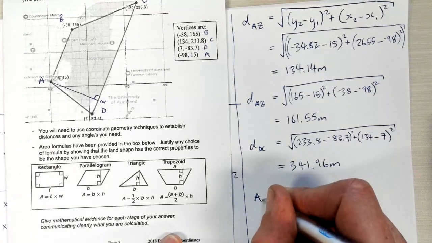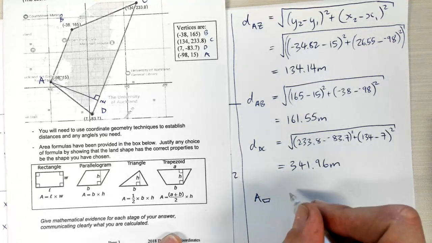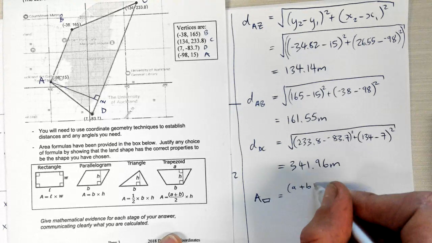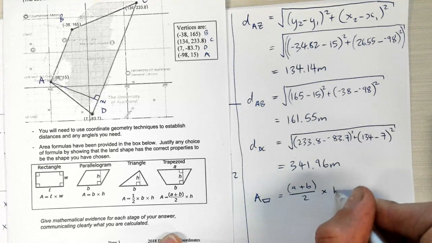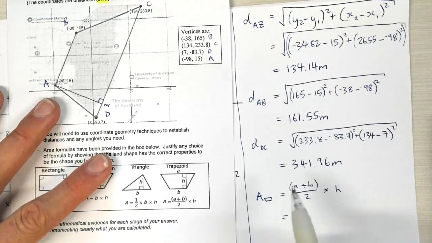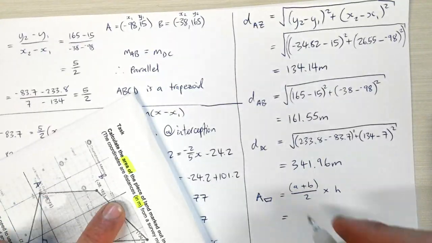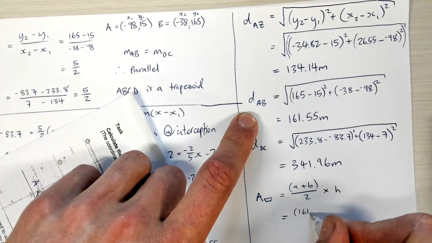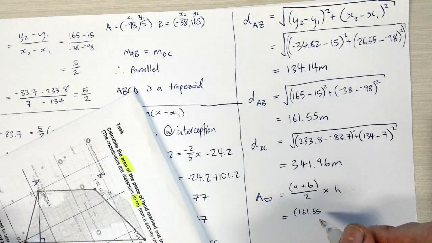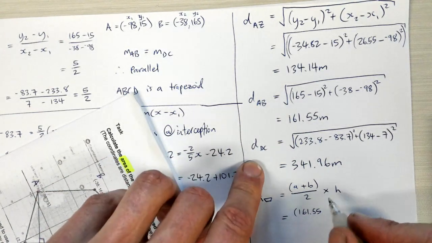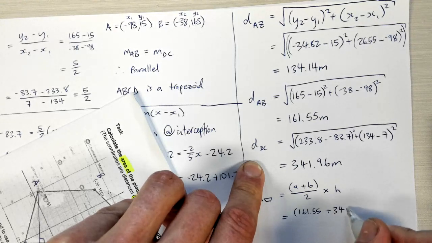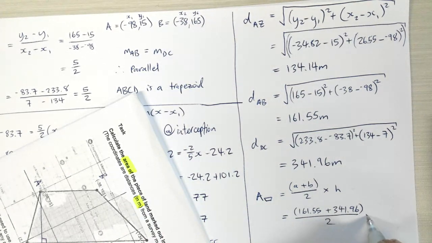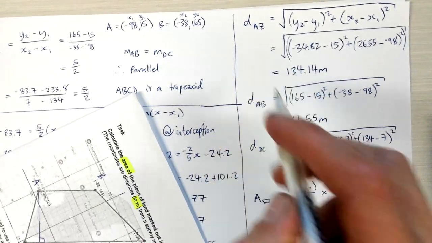Area of a trapezoid, I'm just going to draw a little trapezoid down here, equals A plus B over 2 times H. So what's my A? My A is the distance at the top. So that's AB. So that's going to be DAB, which is 161.55. Then B is DC. So distance from D to C is 341.96. And that is all over 2. And then we times it by that height that we found, which is this new one, AZ, which is